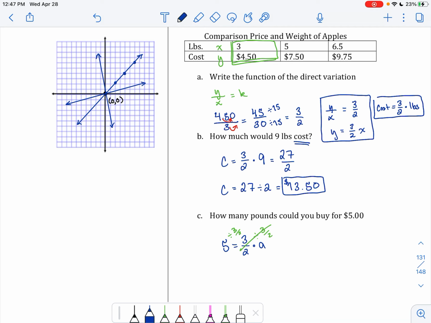So then I get my amount of apples by itself, but that's equal to 5 divided by 3 over 2, which I'm going to rewrite as 5 over 1 times 2 over 3, because as we remember, division is the same as multiplying by the reciprocal. So that's 10/3 pounds, which is just fine as a fraction, though I'm thinking most of you will turn it into a mixed number, which would be 3